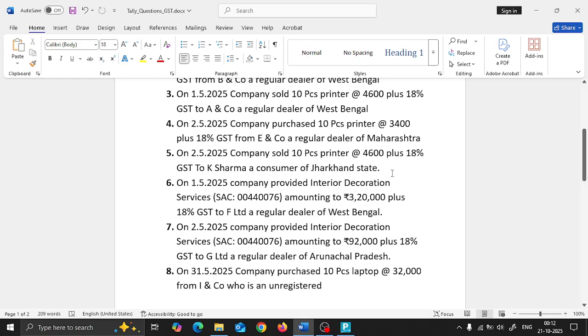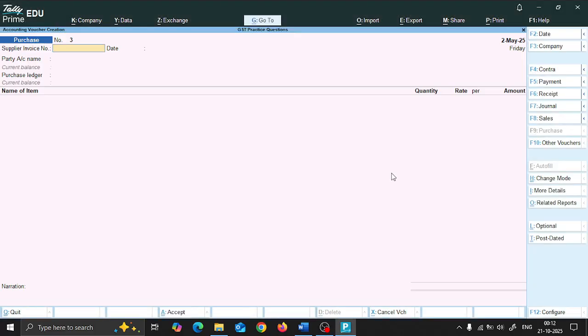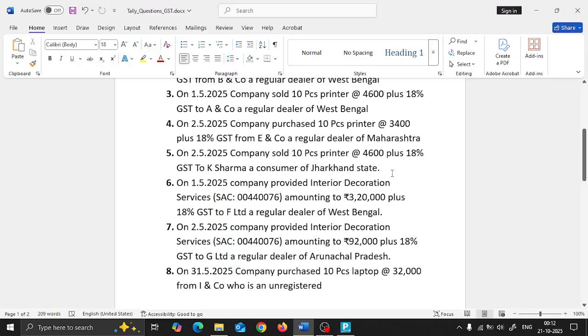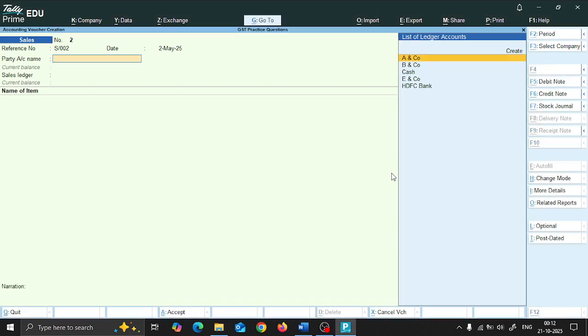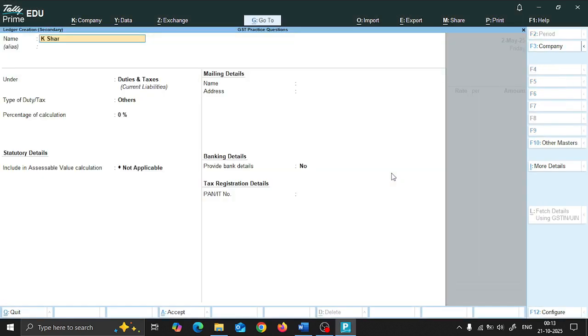Now what is happening is on 2nd May itself, okay, we are selling it to Jharkhand. The date actually does not matter, but because it's the same date, just for reference I'm saying that it's the same date. On 2nd May, sales, F8, S/002, 2nd May, we are selling it to a Jharkhand state GST to K Sharma, okay. K Sharma